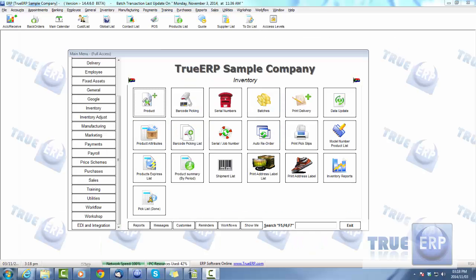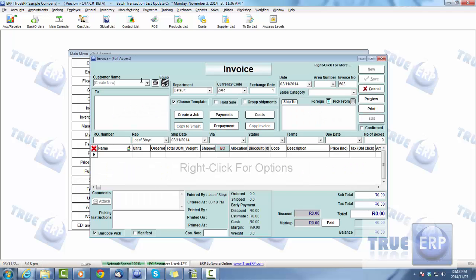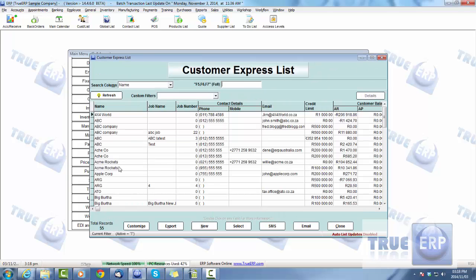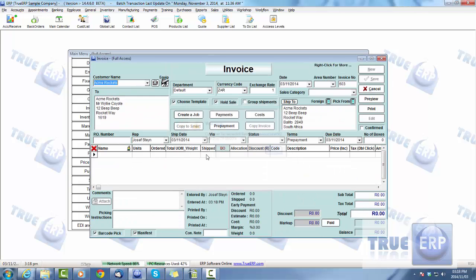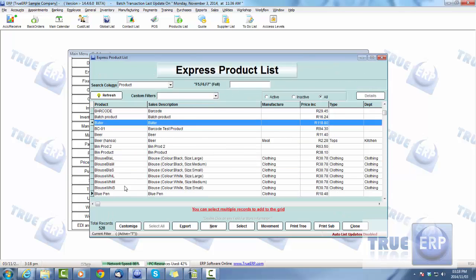Today's video is going to be around the clothing matrix, setting up grids for clothes, getting the quantities and sizes in order. So for example, if we open up an invoice, go into sales, invoice or sales order, doesn't matter, and we drop in a customer and we drop in a product with these attributes,